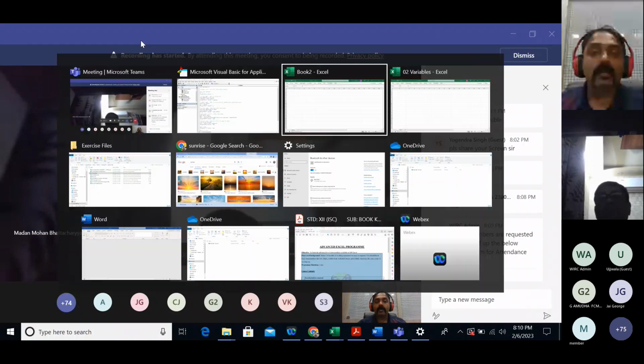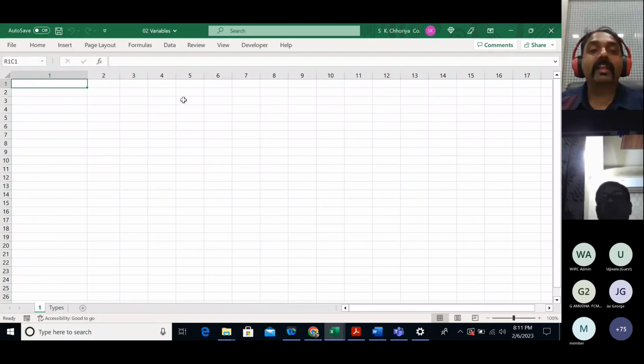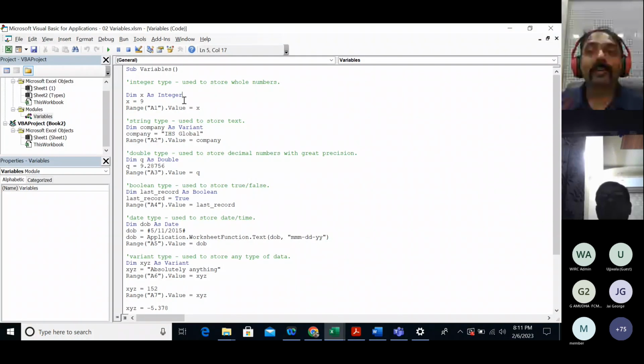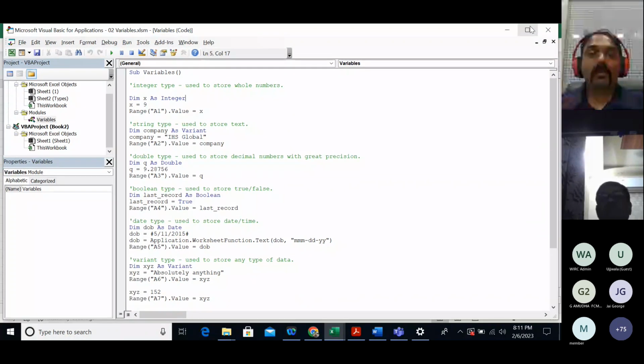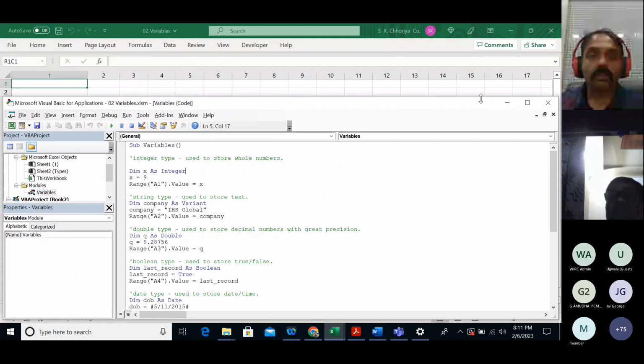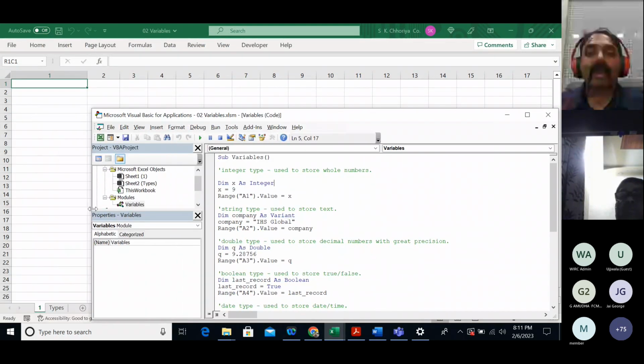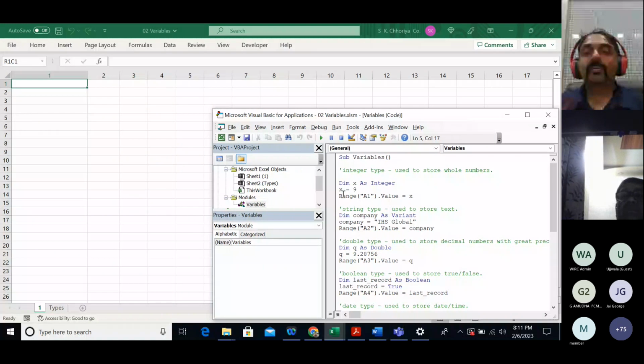Okay. So what I'm saying is, you have the Excel file on variables and you also have the macro window. Just click on this restore button. Then you'll be able to resize this window on macros. Just resize it suitably. What I normally do is resize it in such a way that I keep